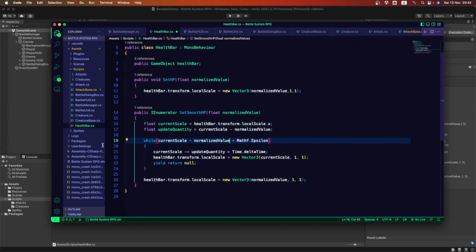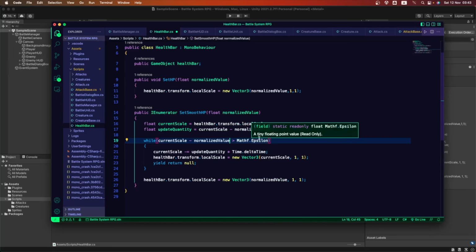I want that here. I don't want this float here. I want this result, but not the same as the update quantity float there. So that I think is going to fix my issue with our health bar. So pay attention to that so you don't make the same mistake.